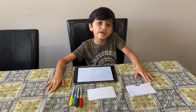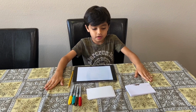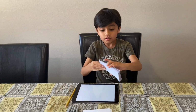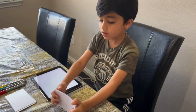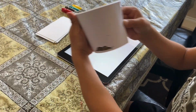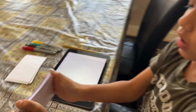My name is Garvig, and guess what we're going to be making today? A flip book. A flip book is a stack of paper which you try to make an animation with. So, a flip book is like this. Now that you've seen that flip book,